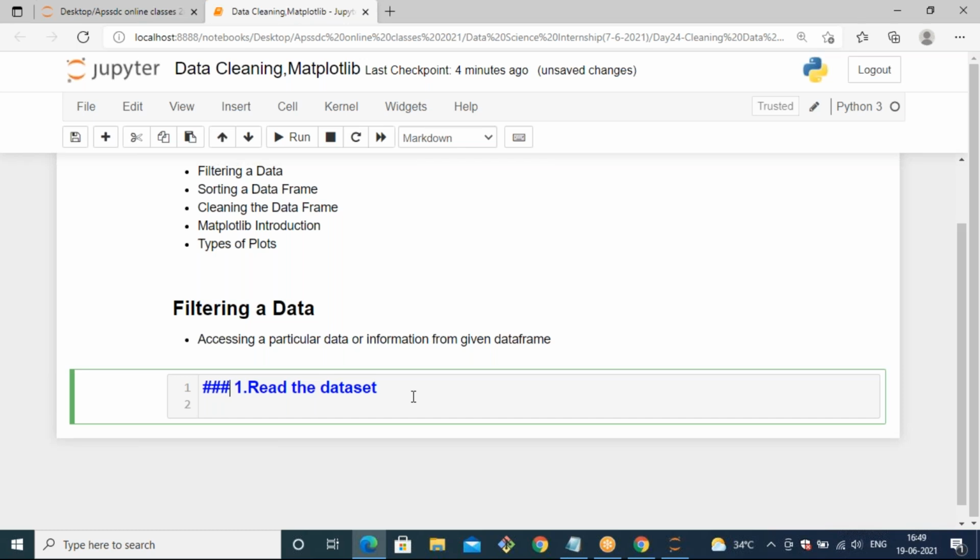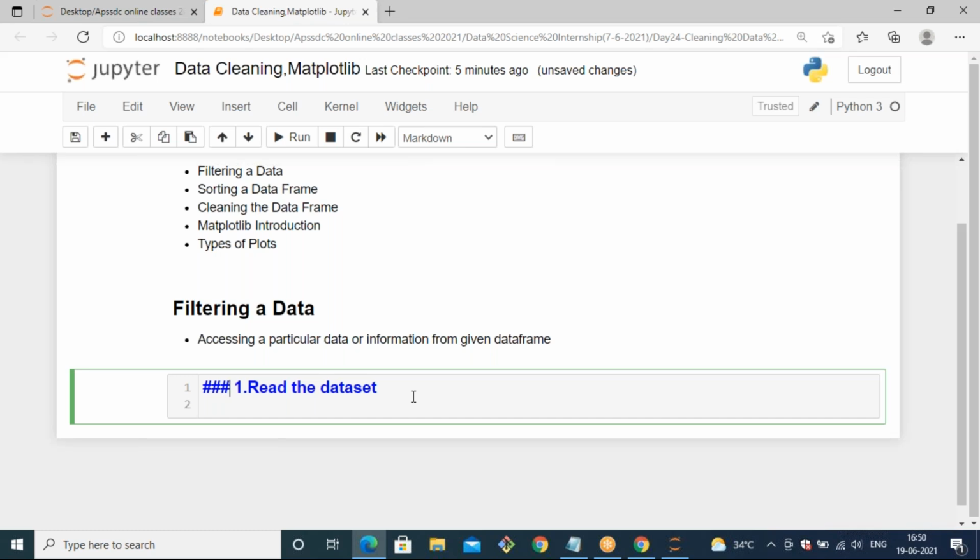It does not come under data frames. The method read_csv is inside the pandas library, not in data frames. Okay, data frames is different.